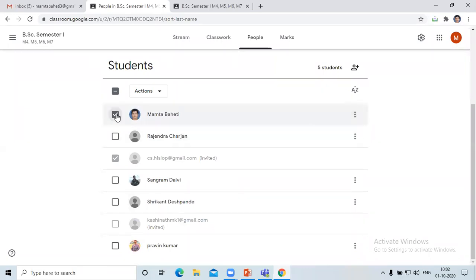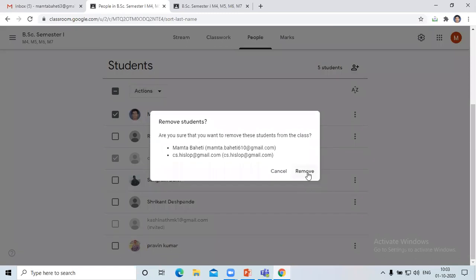So from my side, I can either remove it from here or temporarily suspend the student by clicking on mute, or I can email that particular student if any details are required. So I'm removing it. Now I've selected 2 names. You can see that I have selected cs.hislop because that fellow has not accepted, and myself.